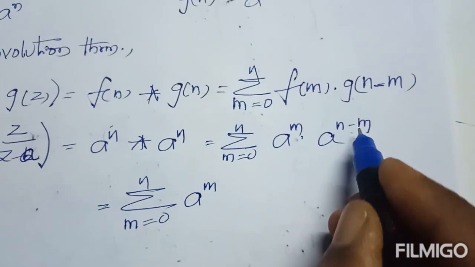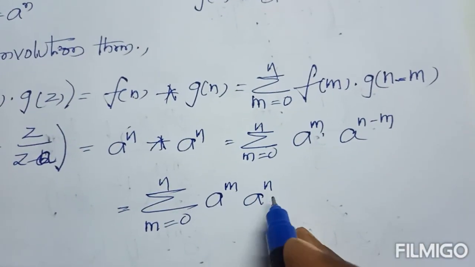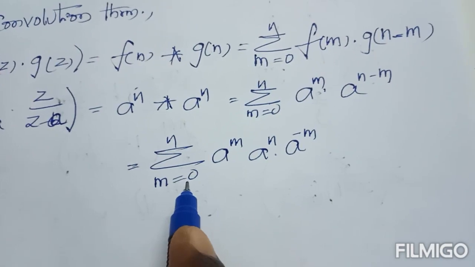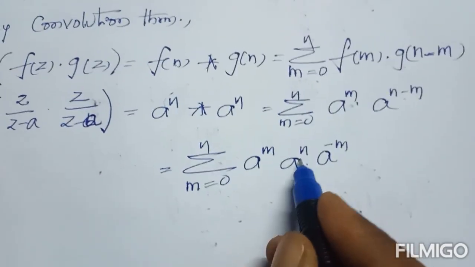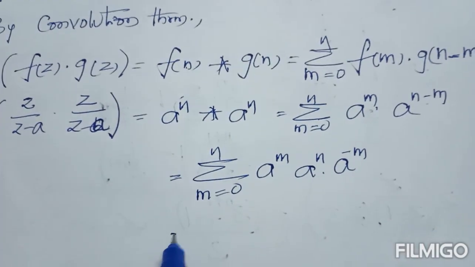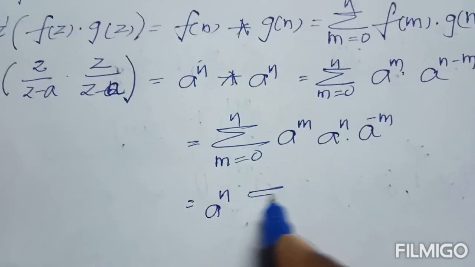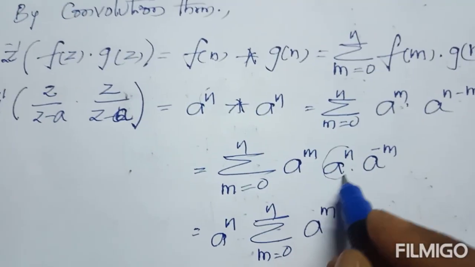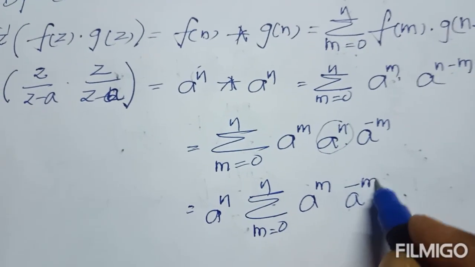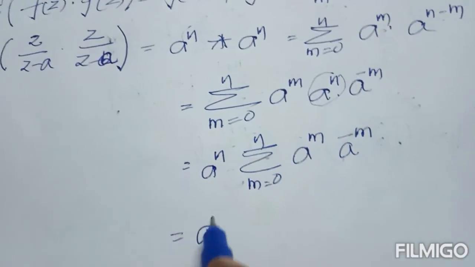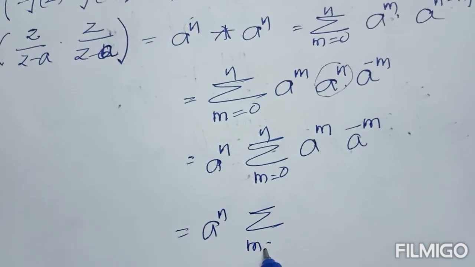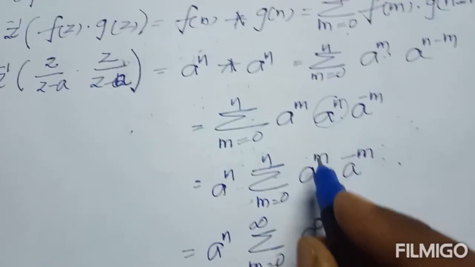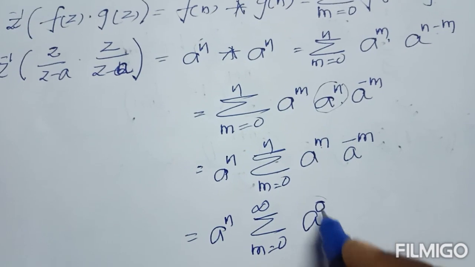Equals summation of m equal to 0 to n, a power m. Here there are two terms in the power. It can be split as a to the power of the first term, a to the power of the second term. There are three terms, but only m takes values. A power n is a constant, since there is no m here, so a power n is outside. Then summation of m equal to 0 to n, a to the power of m. This is already outside. Next one is a to the power of minus m. Here the base is the same, so you can add the powers. A power n into summation of m equal to 0 to n, a to the power of m, addition of powers equals 0 plus m minus m, 0. A power 0 is 1.